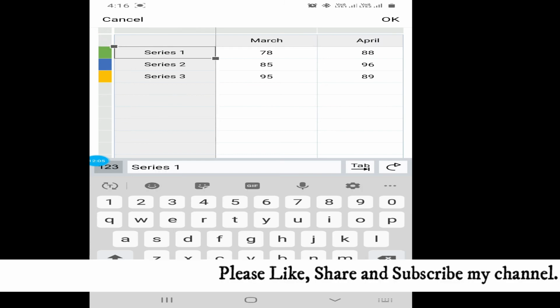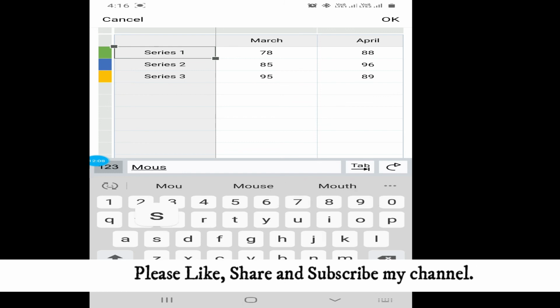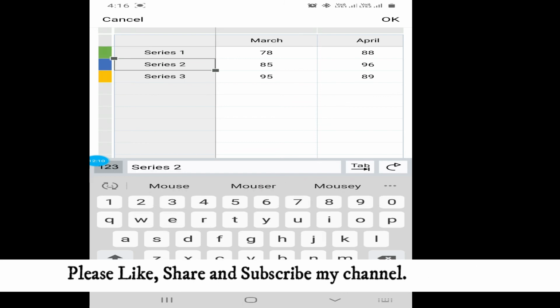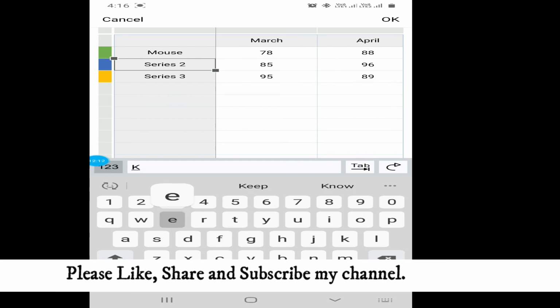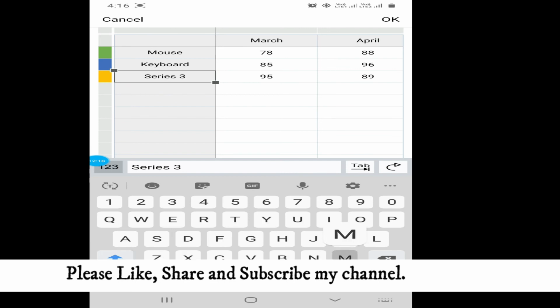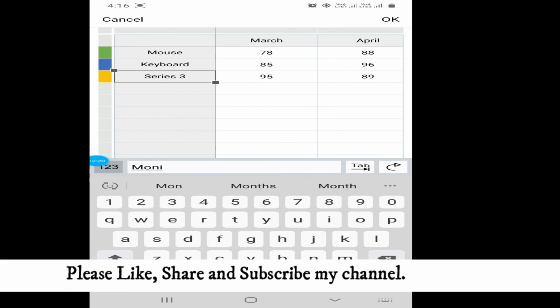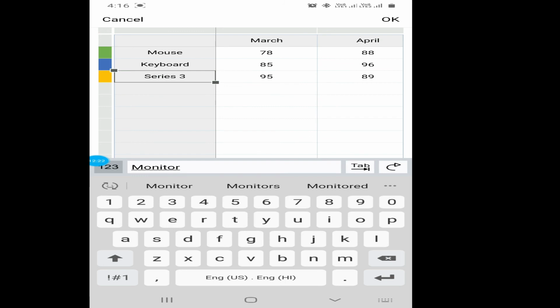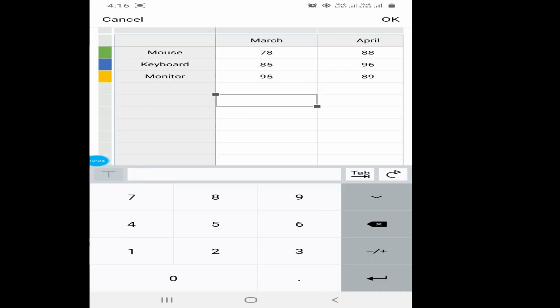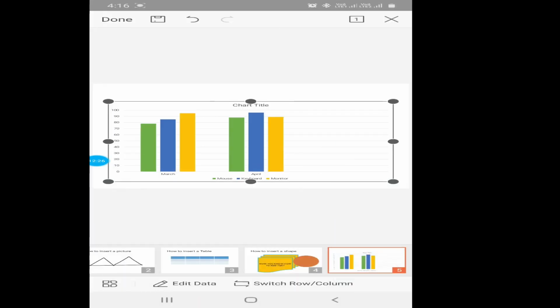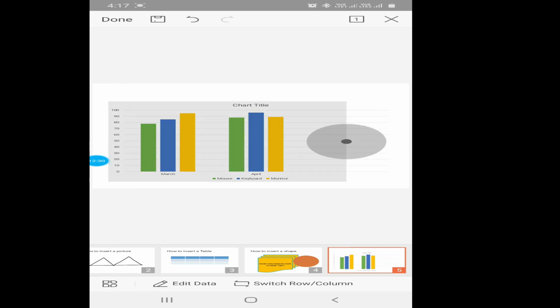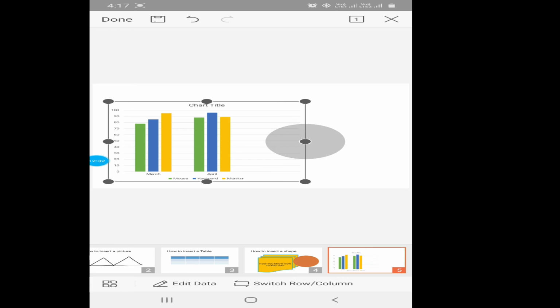Like this is my product mouse, this is for keyboard, this is for monitor. Okay, so this way, yes, you can complete it. Now you will click on OK. So you can see here there is a change. Yes, you can see the change over here, right?